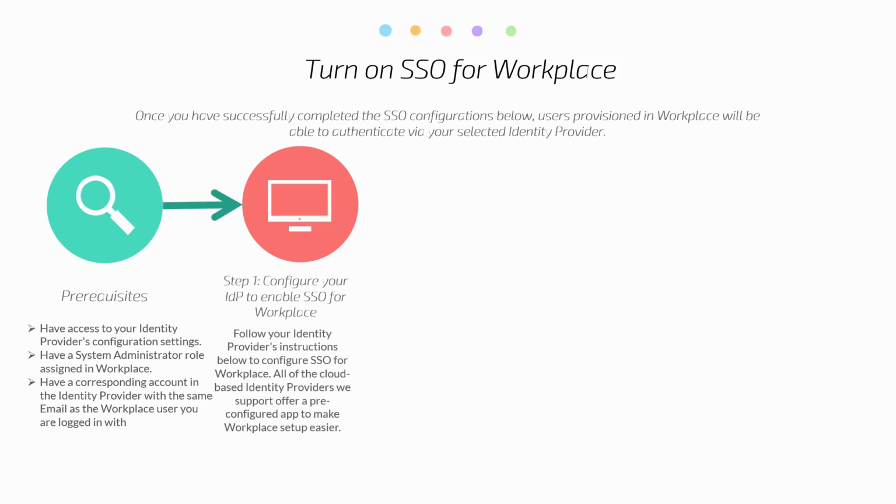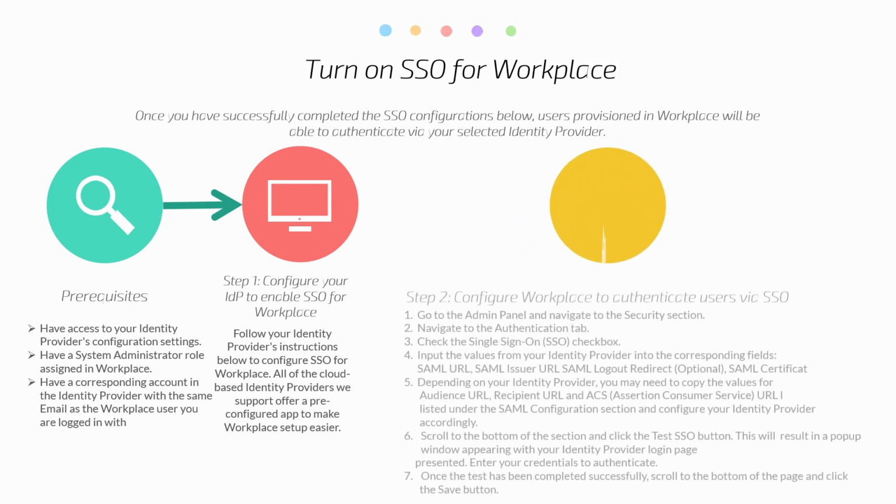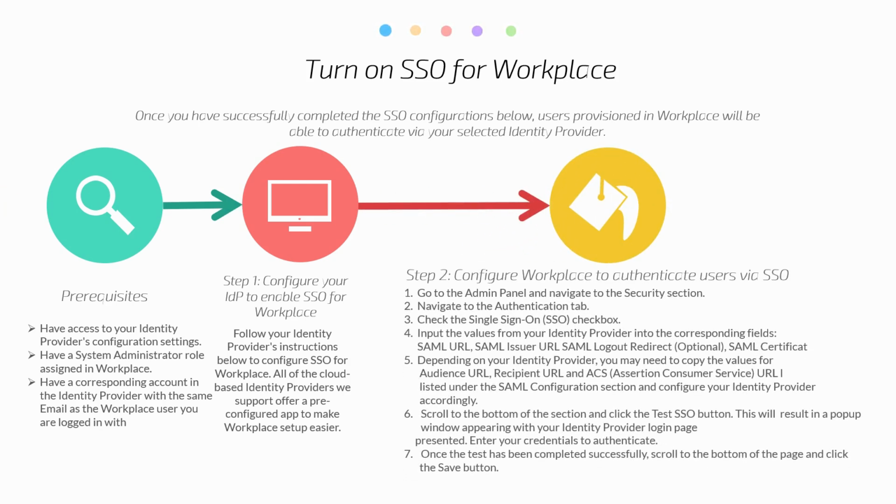Step 1. Configure your ID to enable SSO for Workplace. Follow your identity provider's instructions below to configure SSO for Workplace. All of the cloud-based identity providers we support offer a pre-configured app to make Workplace setup easier. Step 2. Configure Workplace to authenticate users via SSO. Once you've gone through your identity provider's setup: